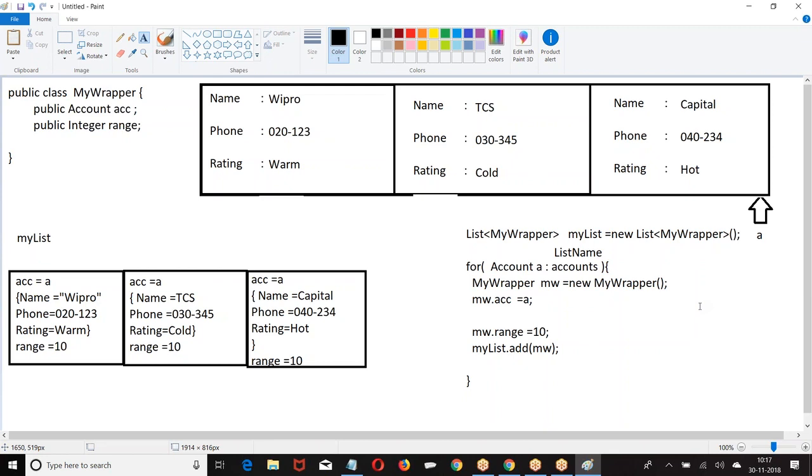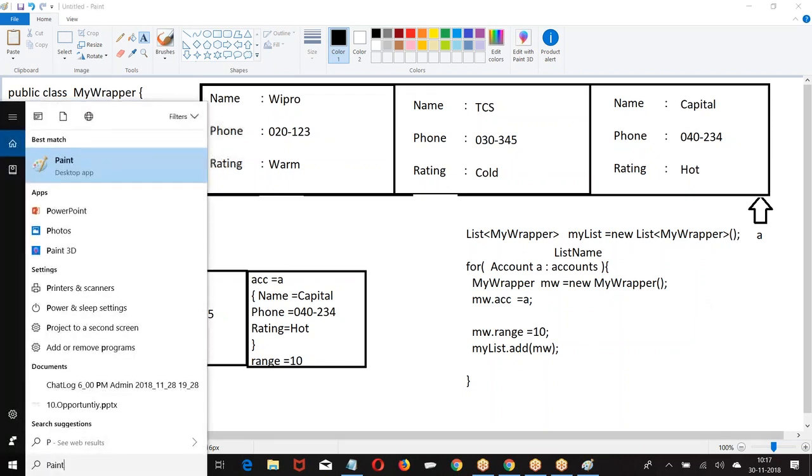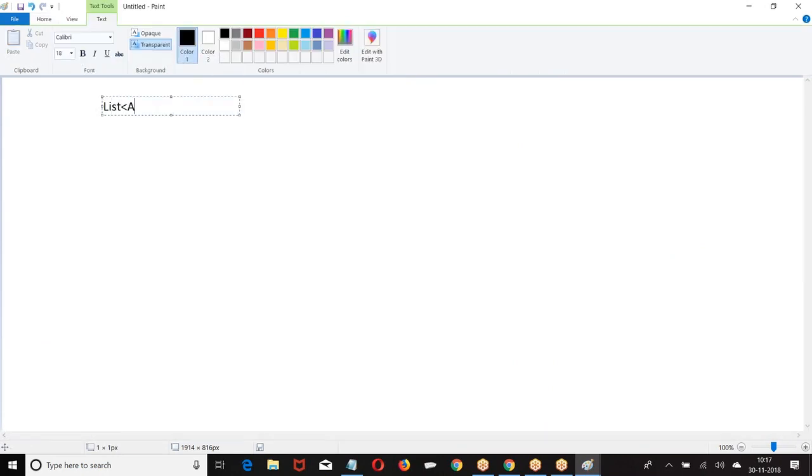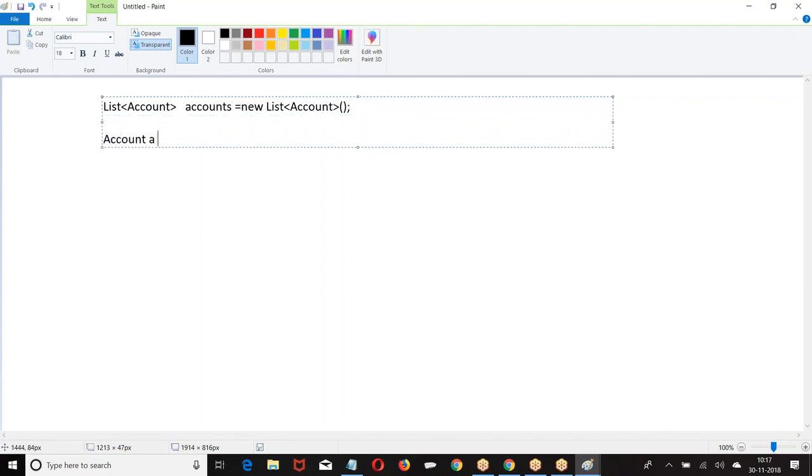Okay, everyone has done this. Look at this. If it is a list of accounts, how will you insert the data? Account A1, you are creating a new account.